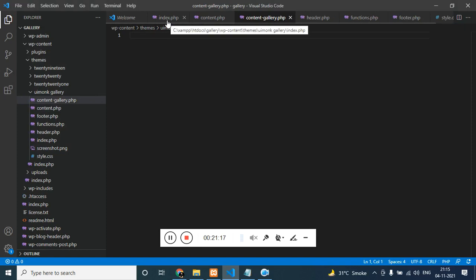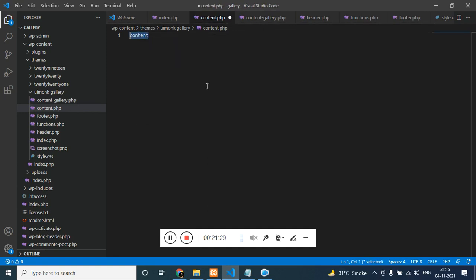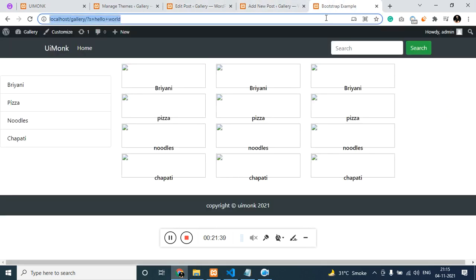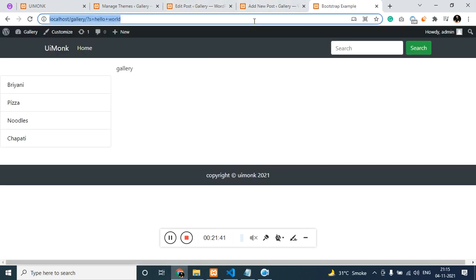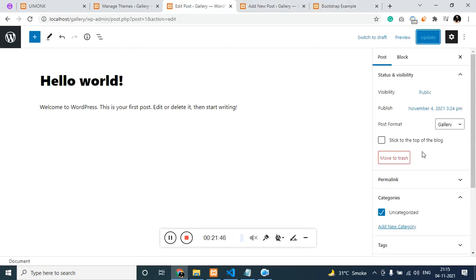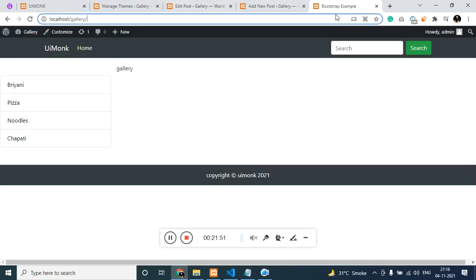Now as you know, we have just added one post format, so that's the reason I have added only one value. So let's add gallery here, and just content, or you can say standard. Click on save. Now if you refresh the page, you'll see gallery. The gallery is showing up because we have selected gallery over here. If I select standard and click on submit, you'll see standard.